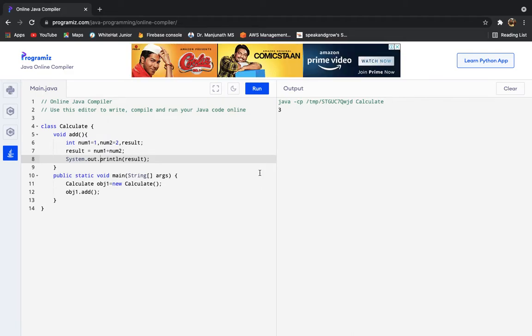Now the problem with this function is, any time in its entire life it will only calculate 1 and 2. So the result is going to be 3 all the time. Now imagine you have a calculator which always gives 3, which always adds two numbers 1 and 2 and gives you the result. Do you think this kind of function or device is going to be useful for you? I guess no. So the same thing here.